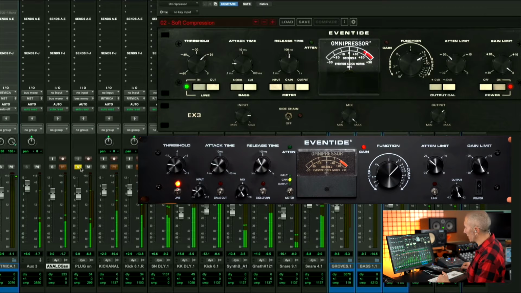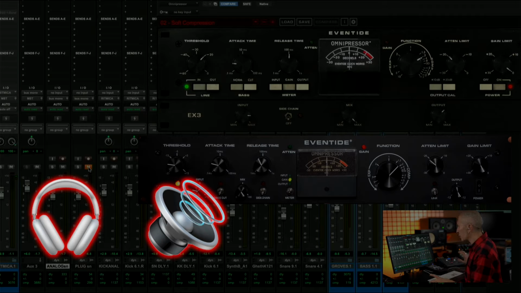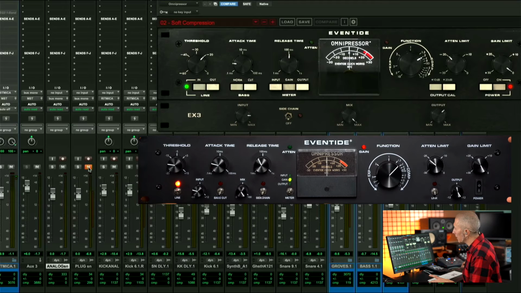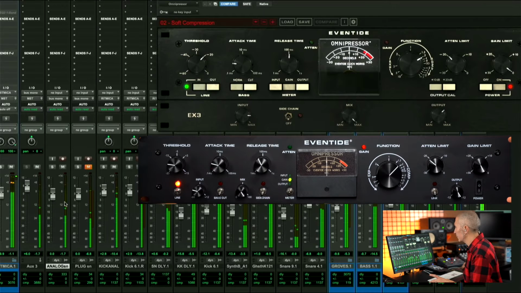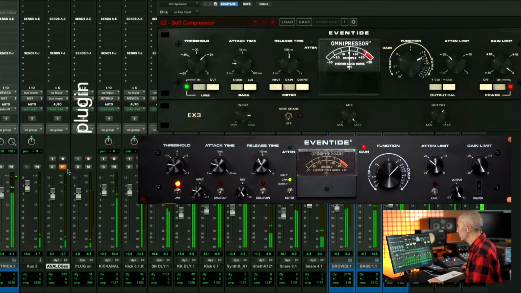Okay, it goes without saying that you have to listen with good headphones or good speakers, but if we listen in the mix, the analog, the hardware, has a different penetration and a different feel, although when listening in solo, it doesn't seem so different. This was analog. Plugin.